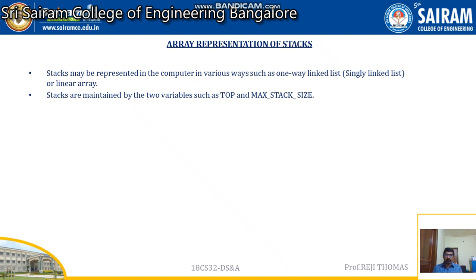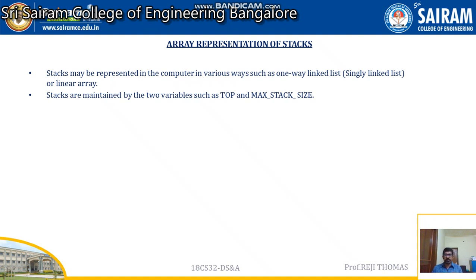Before we represent a stack using an array, you have to make use of two variables, and the variables are top and max stack size, because we know that every array is a fixed size one. We cannot change it if it is a static one. If it is a dynamic one, we can change it. But normally, if you say an array which is static, there is a limit for the size, a limit for the upper bound. So this we call max stack size of the array, the capacity of the array.